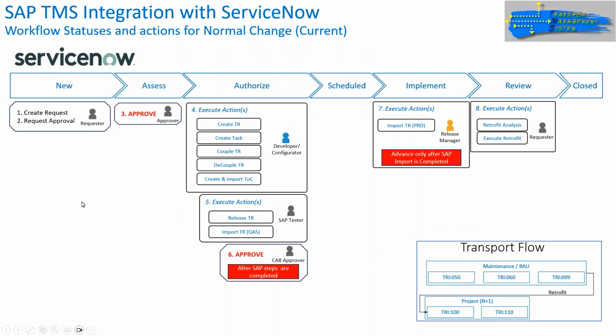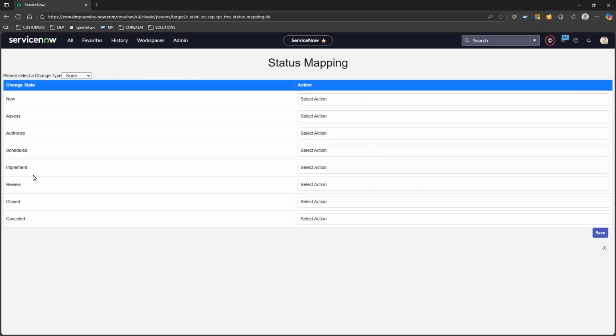Okay. So the very first thing upon deploying the tool is we have to add the buttons to a specific status. So the next screen that I'm going to show you is going to be the actual tool. I just want you to realize that for a normal change, we're going to have many buttons mapped to the status authorized and then to status implement. And the way this looks upon developing or deploying our tool,